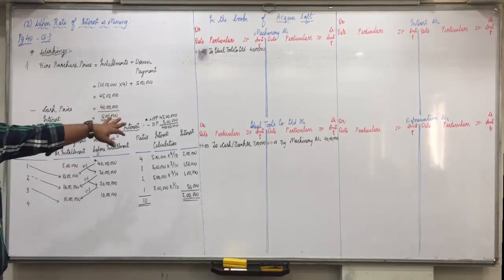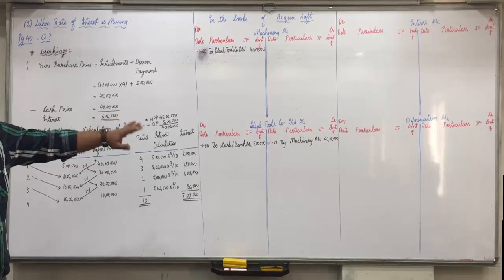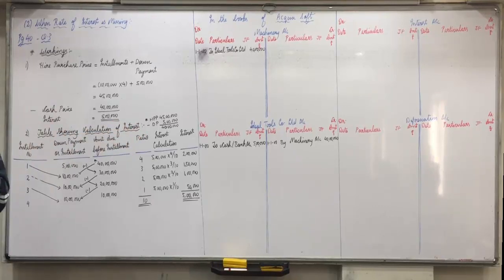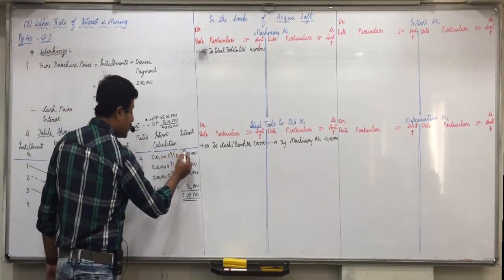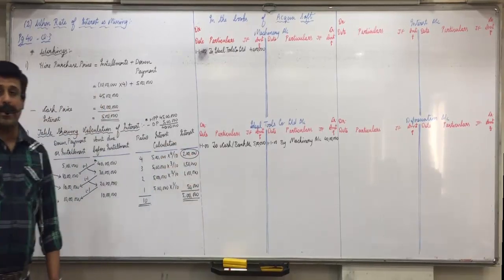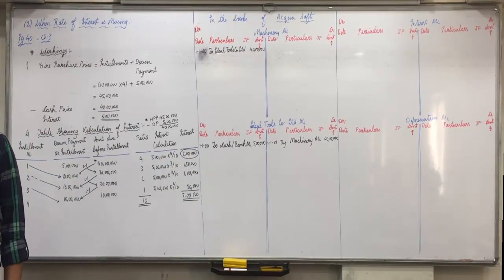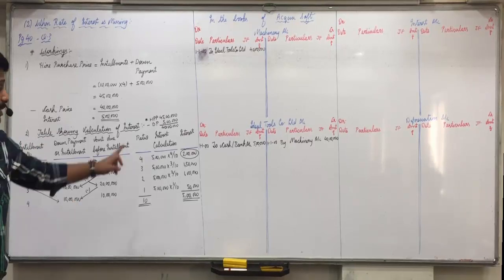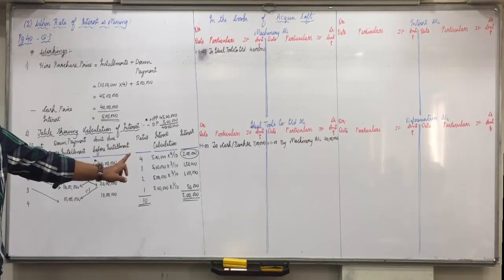interest. With this down payment has only one effect because we are not taking cash and bank account. Interest, what is the entry? Interest account debit to Ideal Tools account because interest is an expense, so interest account we will debit. Now that you will get from second workings. In the first installment, what is the amount of interest? 2 lakhs. So this entry, interest account debit to Ideal Tools Company Limited, with what amount will be passed? 2 lakhs. Is everyone clear with this?